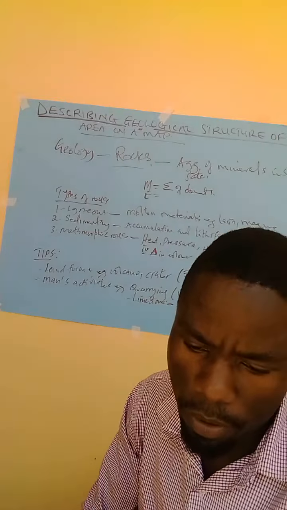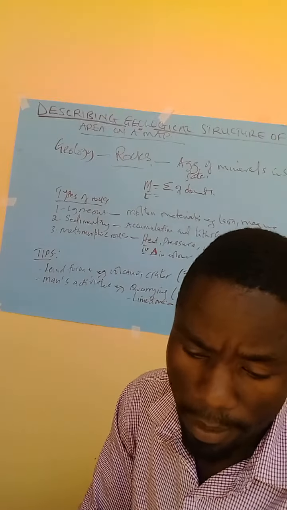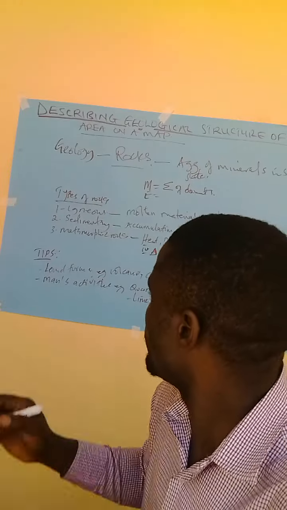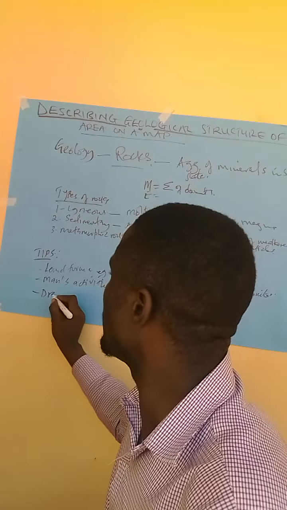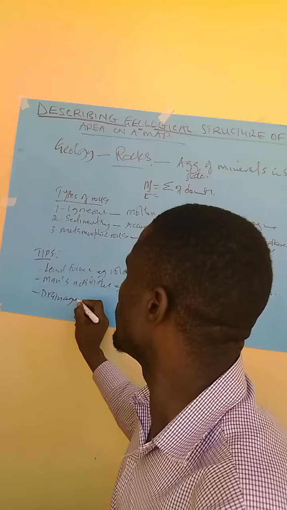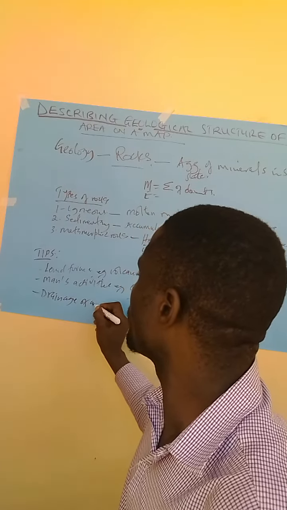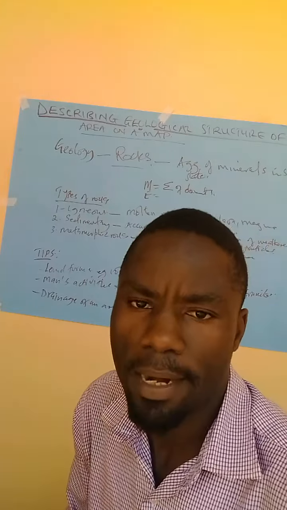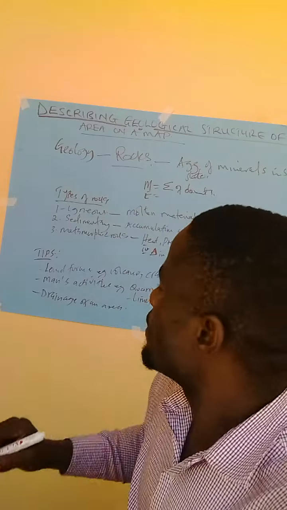Another tip we can base on to tell the type of rock in an area is drainage. We can look at the drainage of an area. Check the flow of rivers, especially. When you see very many surface rivers